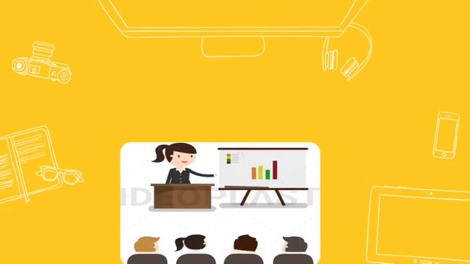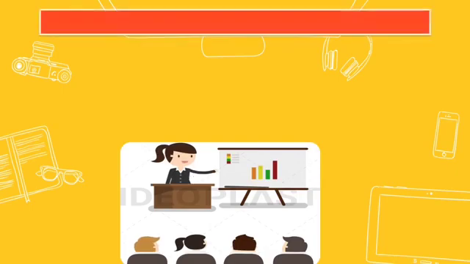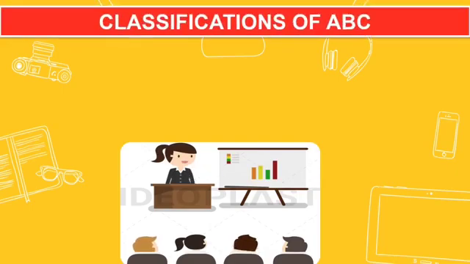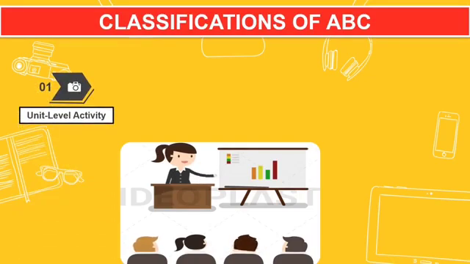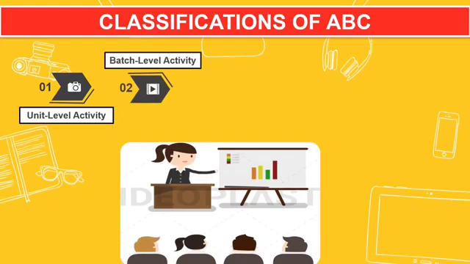Second, in an activity-based costing system, companies typically combine their activities into the following five classifications. The first one is unit-level activities, which are performed each time a unit is produced. For example, providing power to run processing equipment would be a unit-level activity. Second, batch-level activities are performed each time a batch is handled or processed, regardless of how many units are in the batch. For example, setting up equipment and shipping customer orders are batch